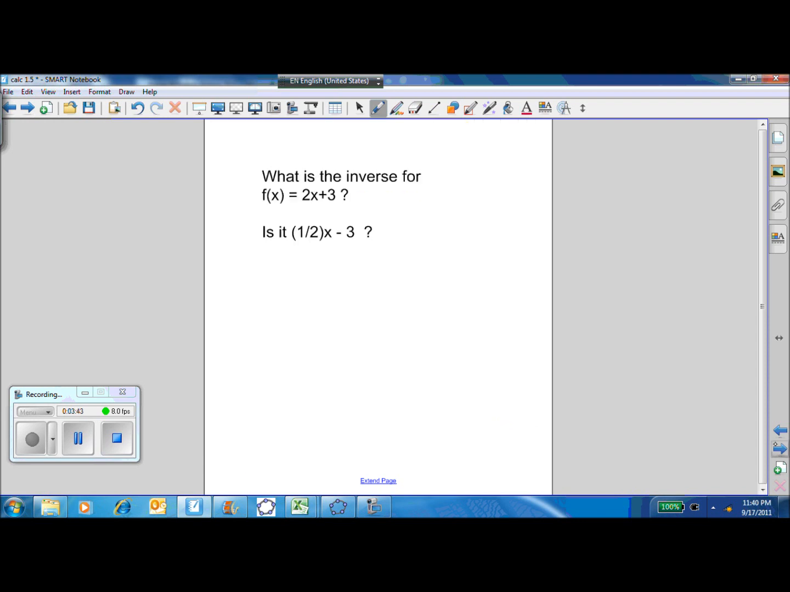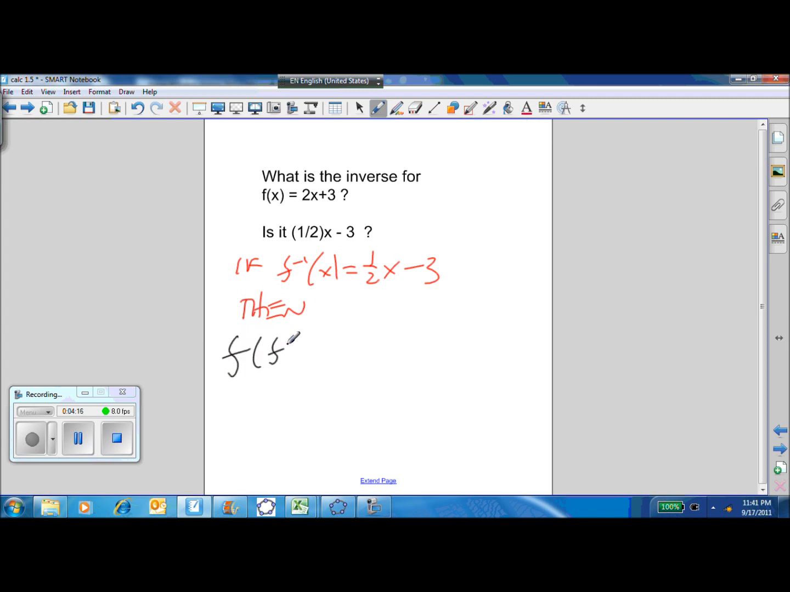Okay? What is the inverse of f of x equals 2x plus 3? Is it 1 half x minus 3? Because certainly the doubling function is inverted by 1 half x. The adding 3 function is inverted by subtracting 3. But the problem is, let's check this in terms of our f inverse of f of x. If that's the case, if f inverse of x equals 1 half x minus 3, then let's look at